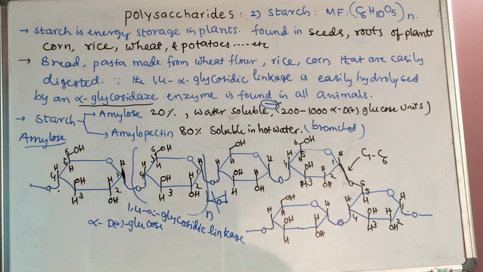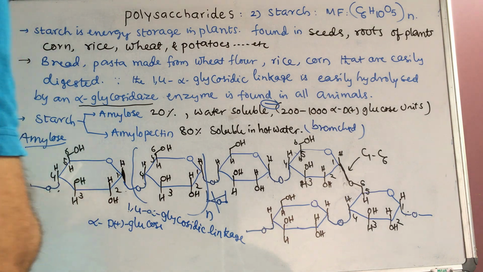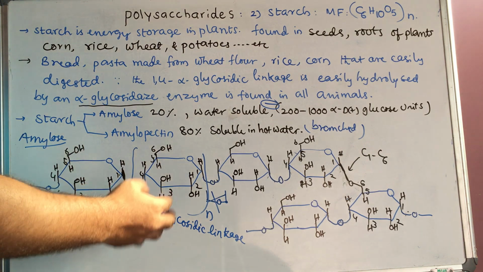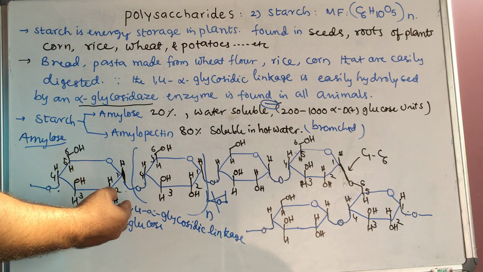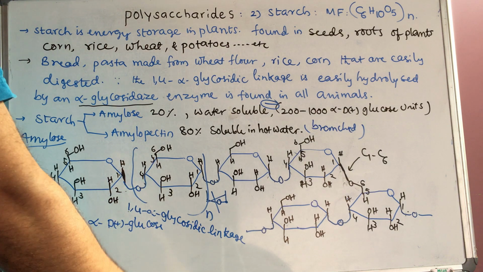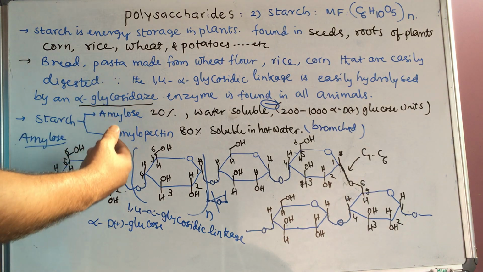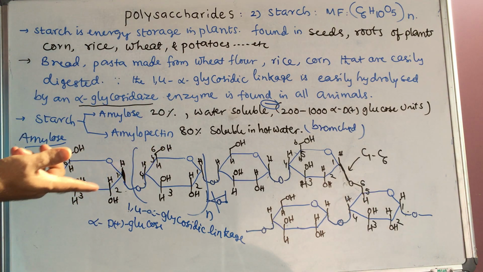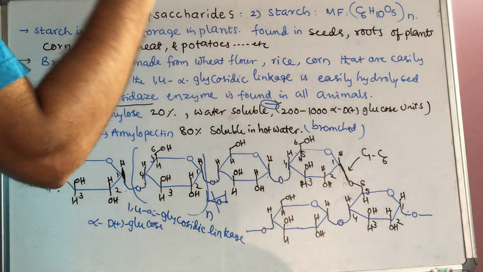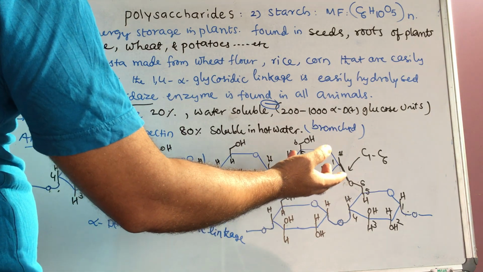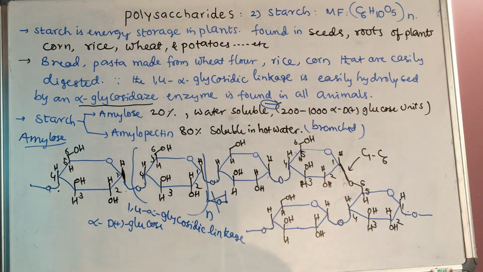That's why they may ask the question, which of the following is correct about amylopectin? 1. In starch it is 80%. Second, C1, C4 alpha glycosidic linkage only. Option C, C1, C6 alpha glycosidic linkage only, or all. Then only one option is correct, because the 'only' options are not. Both C1, C4 and C1, C6 glycosidic linkages will be present.